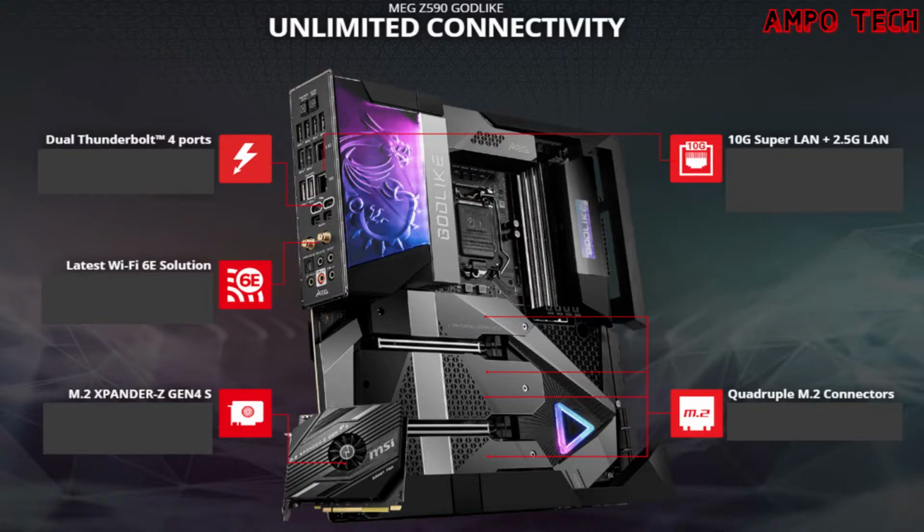The M.2 Xpander-Z Gen 4S, which is a PCI Express card, offers 2 extra M.2 slots with smart cooling solution to increase your storage capacity at maximum speed. The 10G Super LAN plus 2.5G LAN, which is to get ready to crush your enemies on the battlefield with MSI LAN Manager. Onboard 10G Super LAN and 2.5G LAN deliver the best online experience without lag. The quadruple M.2 connectors, which is onboard quadruple M.2 connectors for the maximum storage performance with one Lightning Gen 4